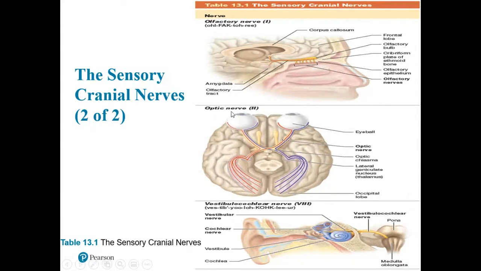Okay, so the next one is the optic nerve. The optic nerve originates in the retina, right? So here's the retina of the eye, both eyes, right and left. That's where the optic nerve originates, right? So the retina converges into all of the axons that are going to make up the optic nerve. So both nerves converge onto the optic chiasma, which is located in the diencephalon, very close to the thalamus. So they converge, they cross over, and then form projections all the way to the back of the brain, of the cerebrum,